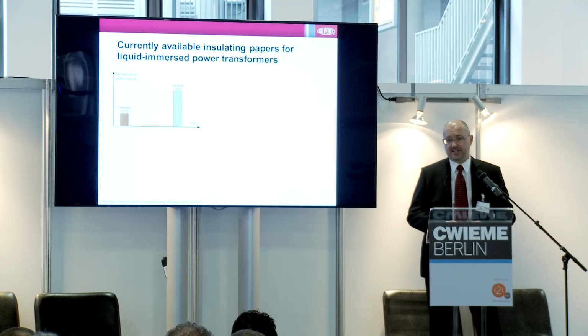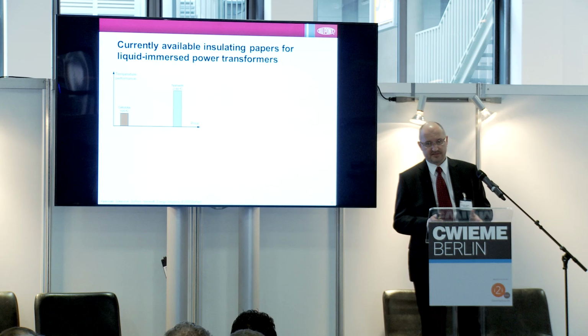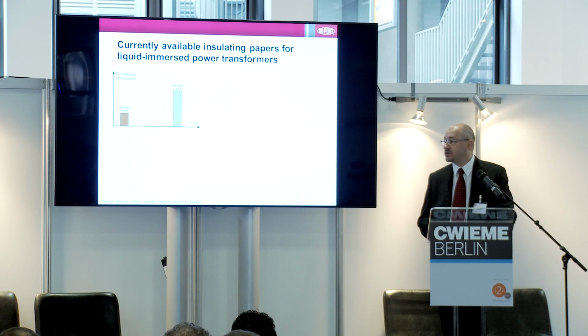We realized that there is a gap between the conventional material, which is a cellulose material, most common material in the construction of liquid immersed transformers, and the high performance, also high cost, high temperature Nomex material. We realized there is this relatively big gap between the materials,